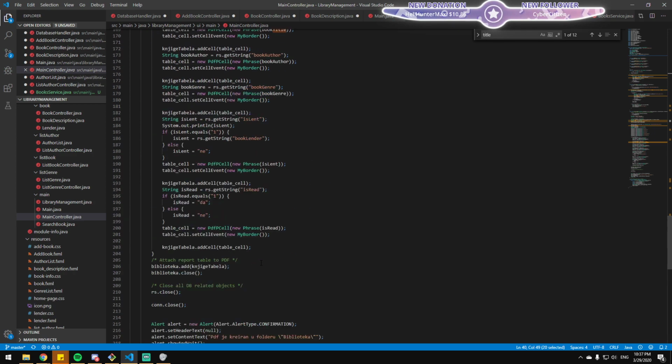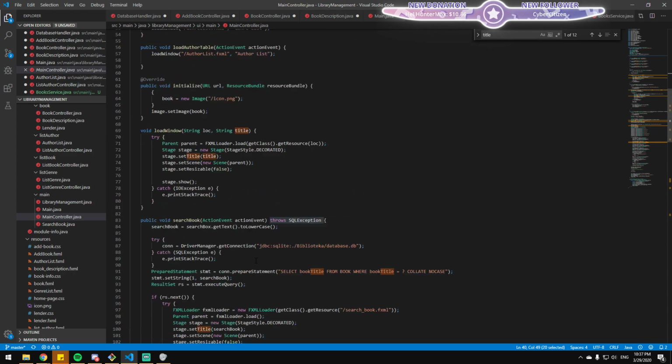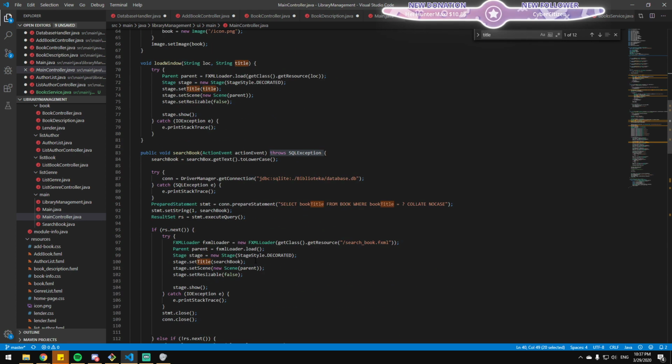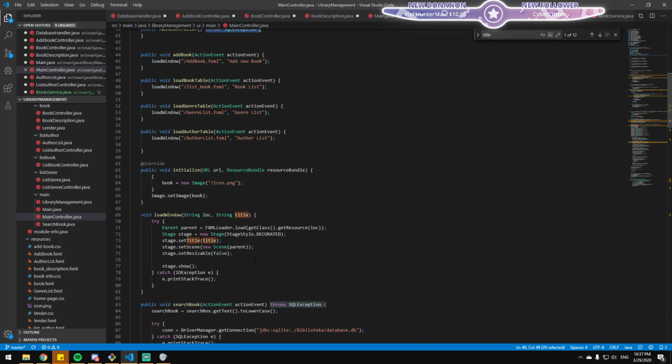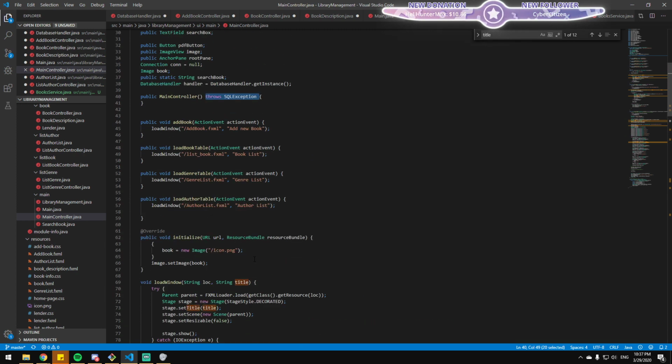Also, can you scroll up a bit to the switching scenes methods? Because I remember a lot of issues with that. Yeah, a bit above. Yes, the load book table and these methods. If I recall correctly, there were quite some issues due to which you had to make this static and in one class in order to be able to switch scenes in other scenes, which is, yeah. I don't know if you know anything about it, but...